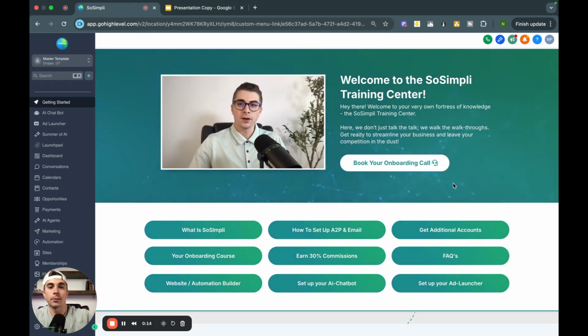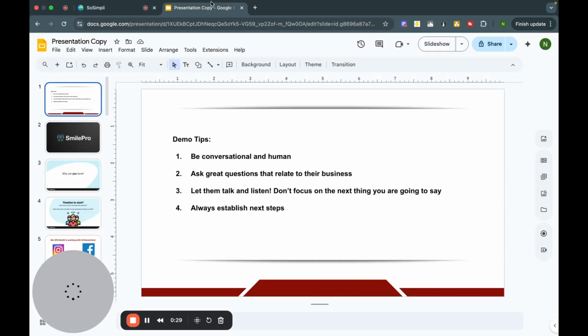So there's two types of demos that you can do. You can do a show how demo and a tell how demo. And there's benefits to both, and I'll talk through both of those. But show how is actually jumping into the platform itself, showing them how you can actually solve their problem by giving real life examples. And then the tell how is going through more of a slide deck,